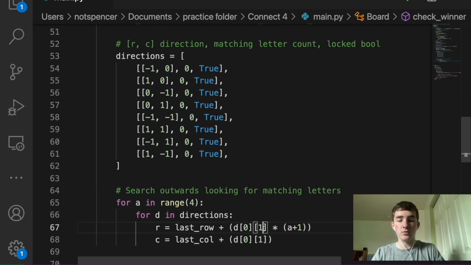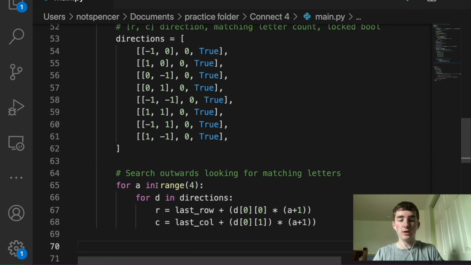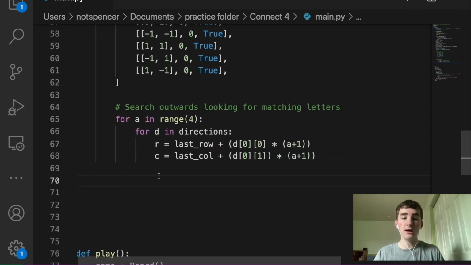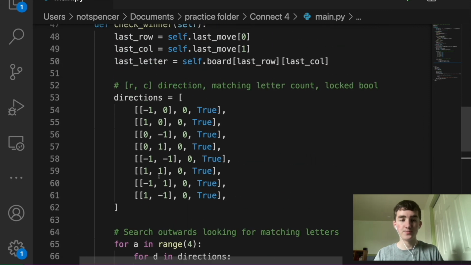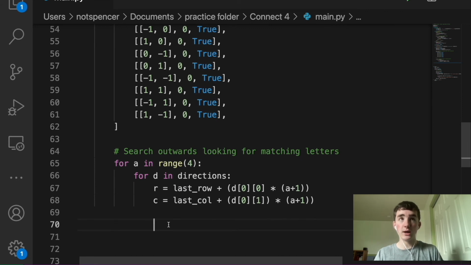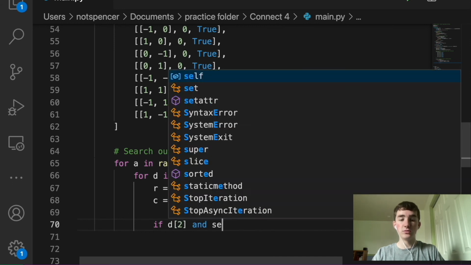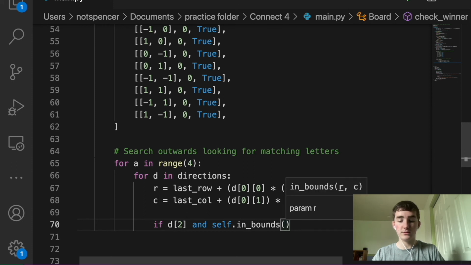0, 1. Oh, and then this row is 0. This column is going to be 1 times A plus 1. How far out are we? Now we save the row and column that we're going to be checking for this direction, this search. If D index 2 is still true, we're going to continue searching this way. If D2 and this position is still in bounds,